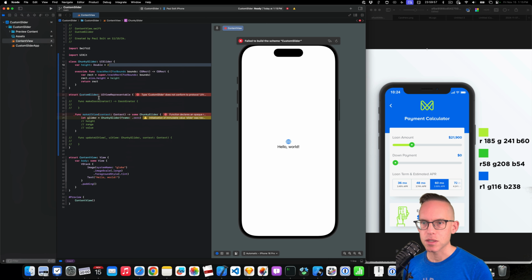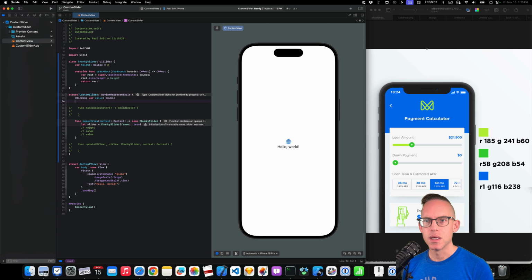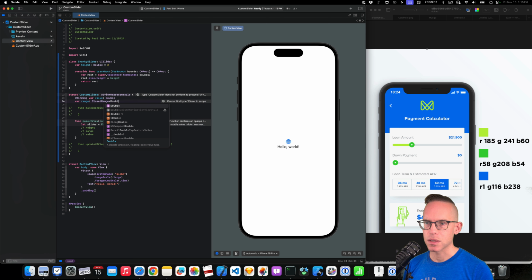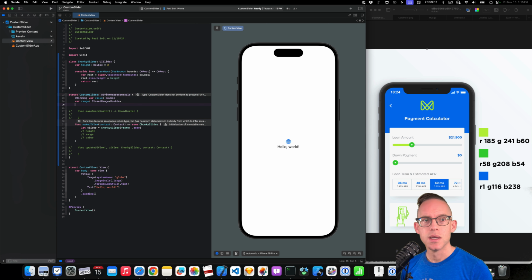So in our custom slider, let's go ahead and create a binding. This is going to allow us to have the value. We'll just make it a double type. And then we are going to create a range. And this will be a closed range that will allow us to select some double values of the start and the end range of our slider. And then we are going to,